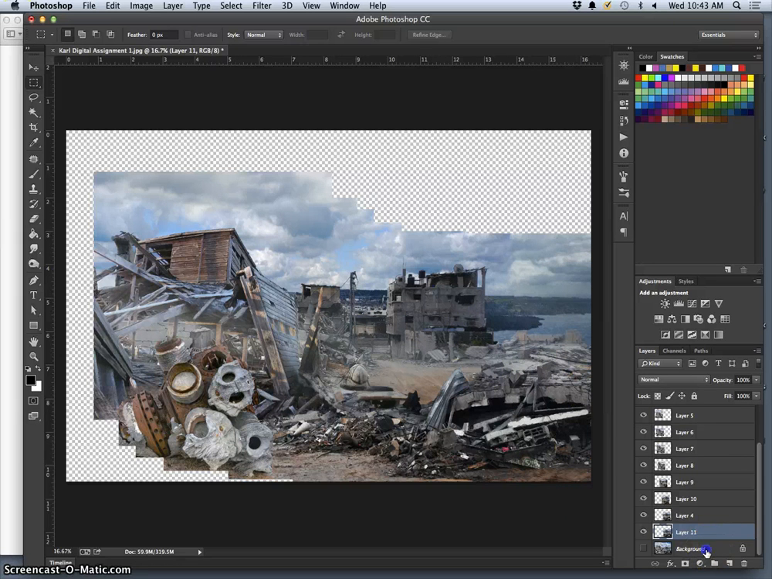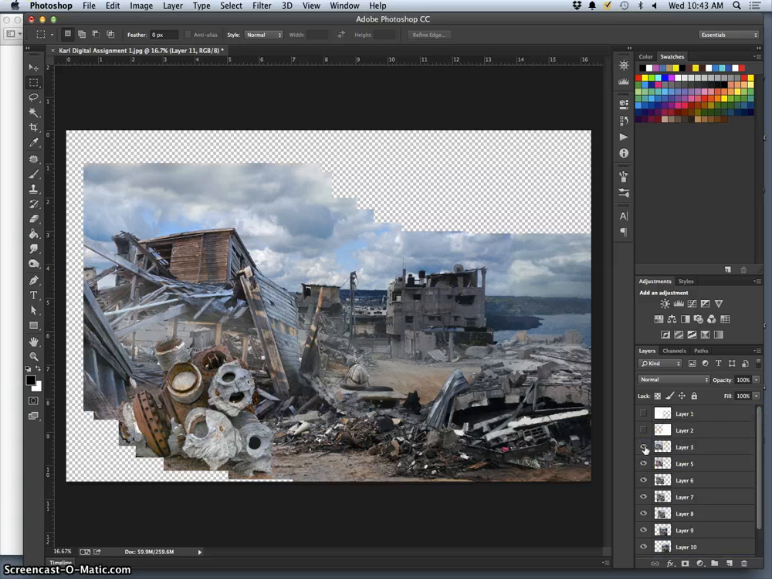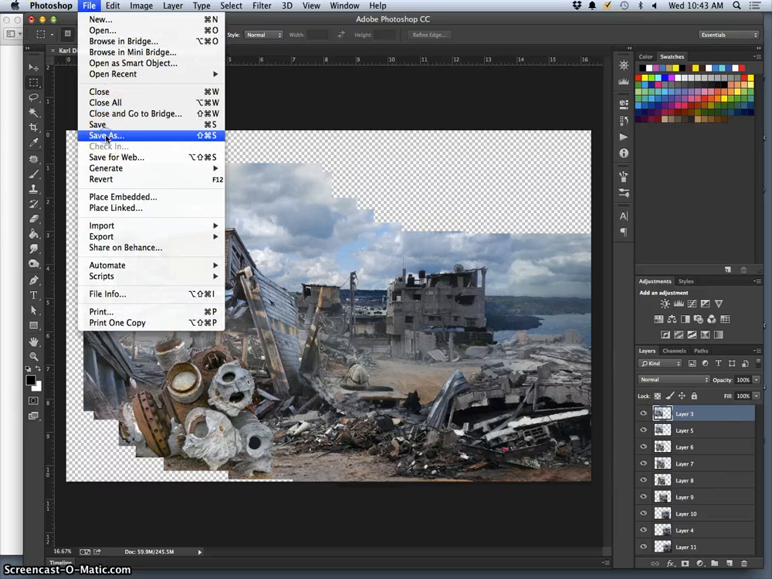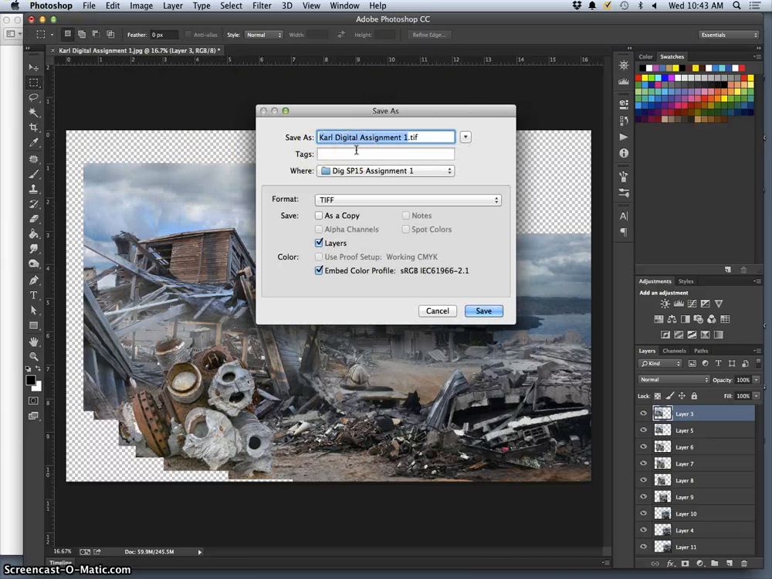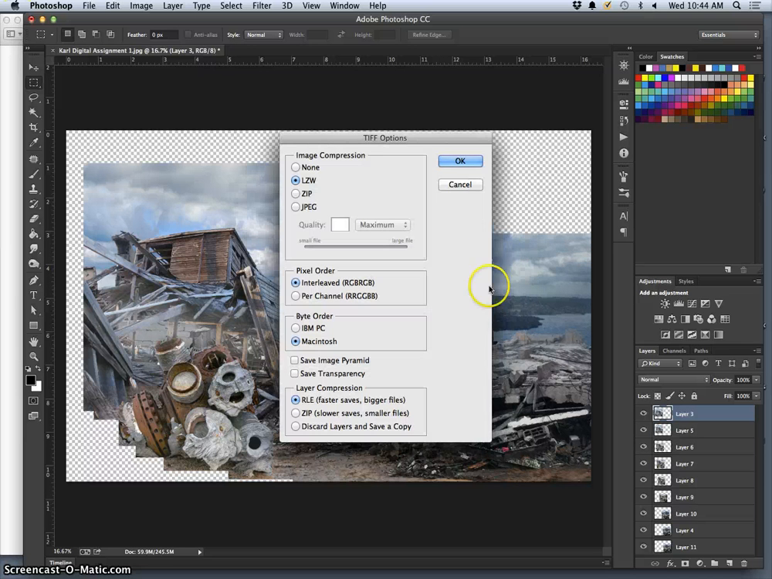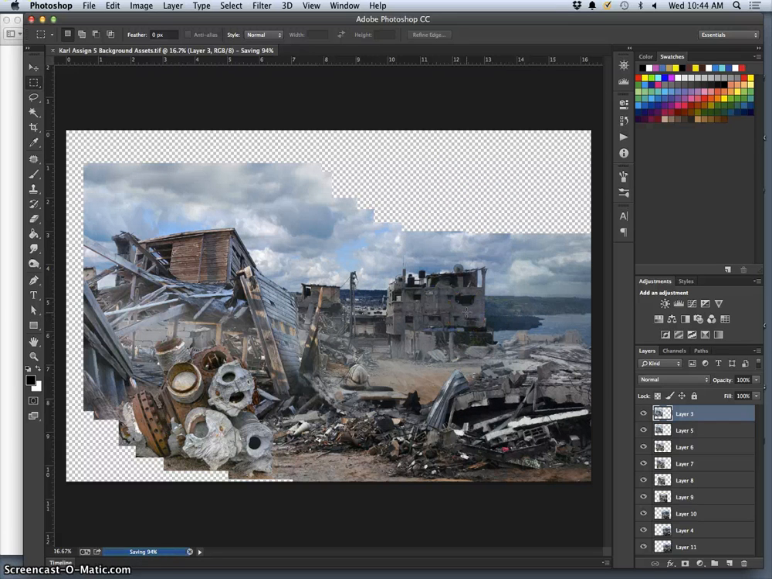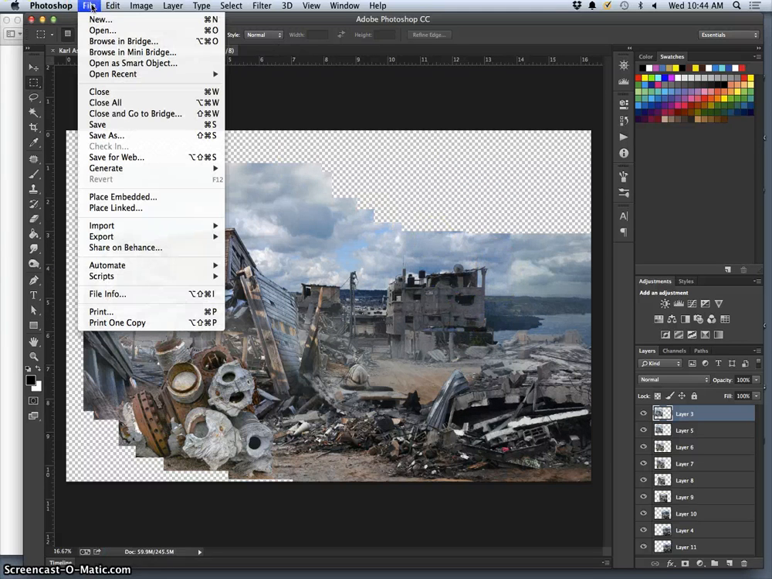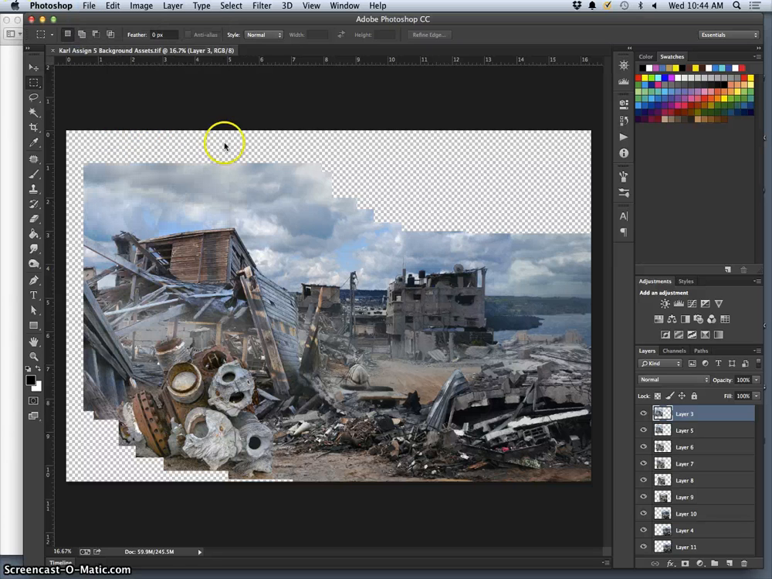All right, I am now going to erase the background layer because these are the only background assets I want to be able to use. Erase my clipping masks and save this now as my first asset file. Carl, assign, is this assignment 5? Background assets. LZW as a TIFF is fine or as a PSD is fine. I should probably save it as a PSD just so it opens more easily, even though it will take up